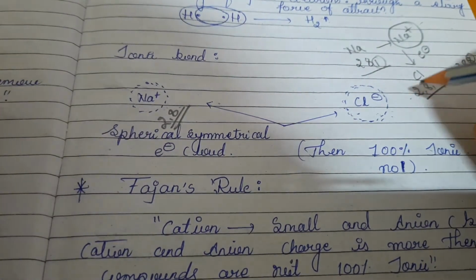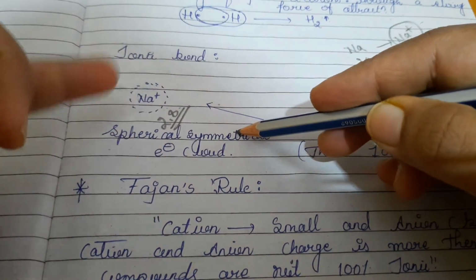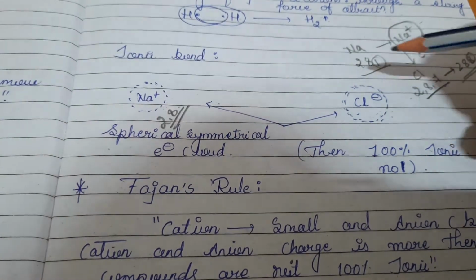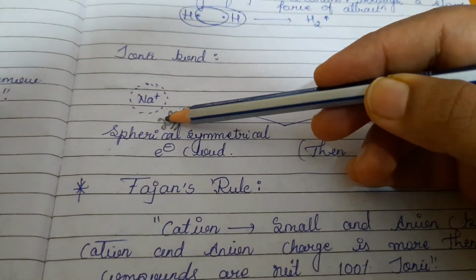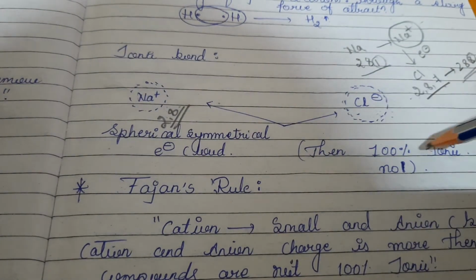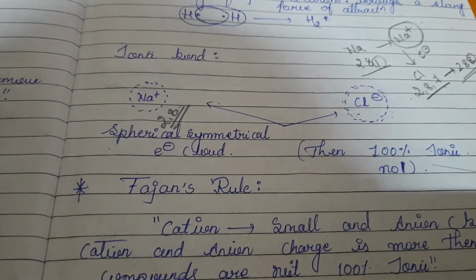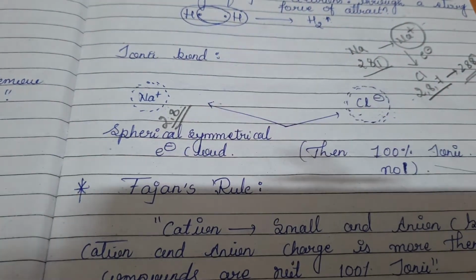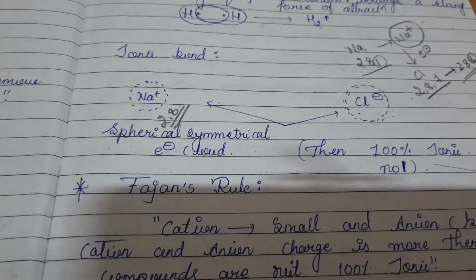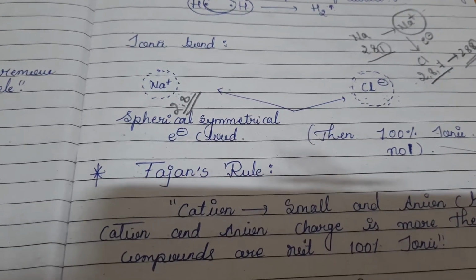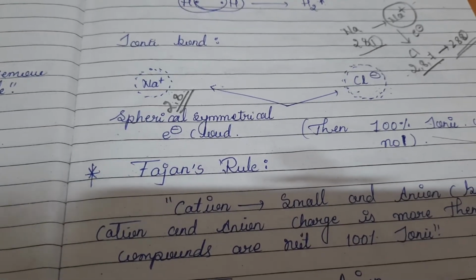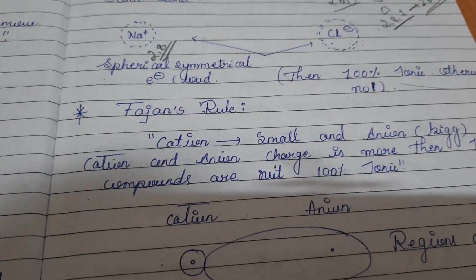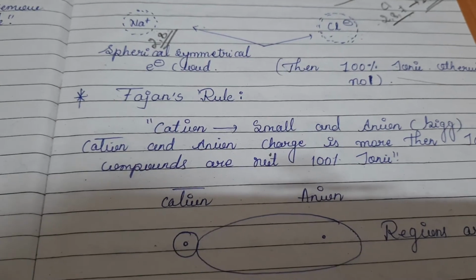When we introduce the 1 electron which was lost from the sodium metal to be accepted by the chlorine, then it will become ionic in nature. Otherwise it is not going to be ionic. So this kind of molecule which shows positive charge and negative charge will show a certain kind of polarizability. What is that polarizability? What are the conditions for polarizability? I'll explain one by one.